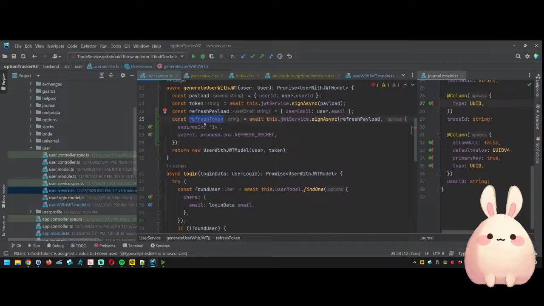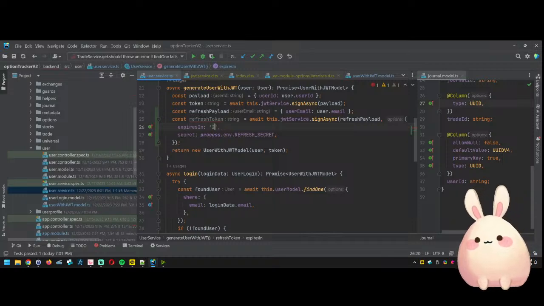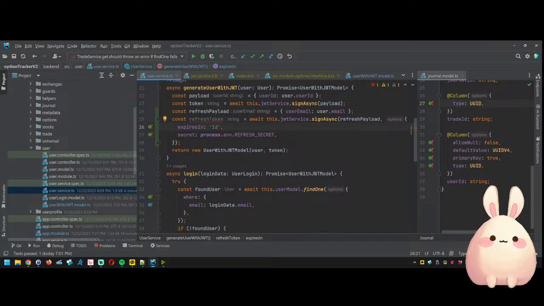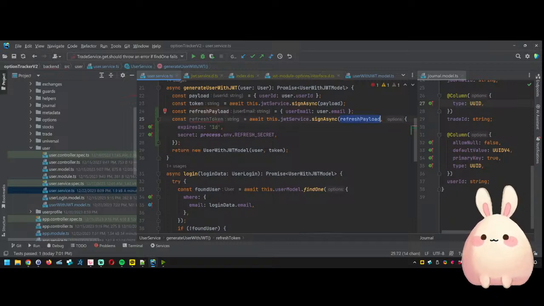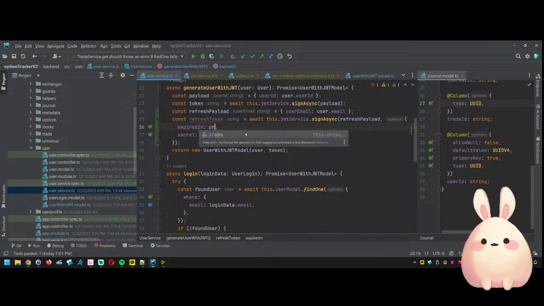So when we generate this, the refresh token lasts for, we'll say, 2 weeks. 1 day is when the refresh payload will be the user's email, and then we created a refresh secret, and the express one is going to be